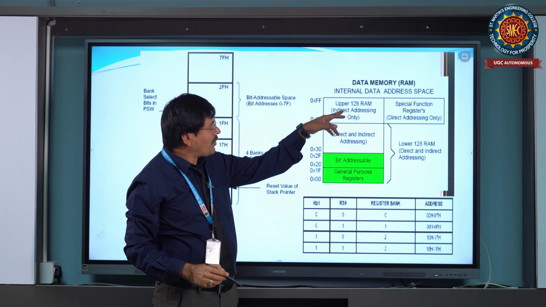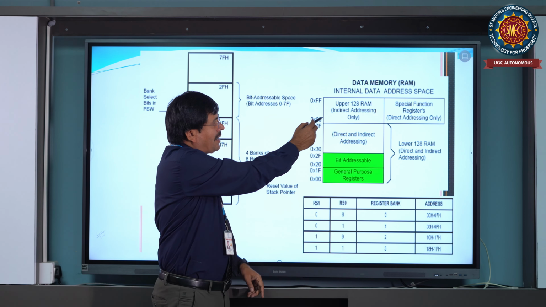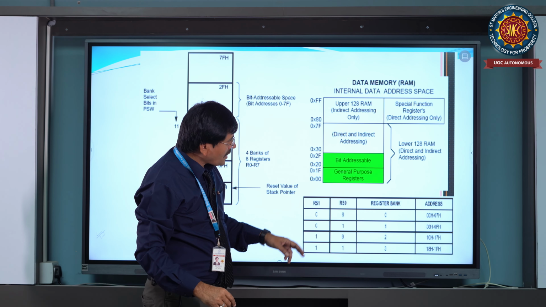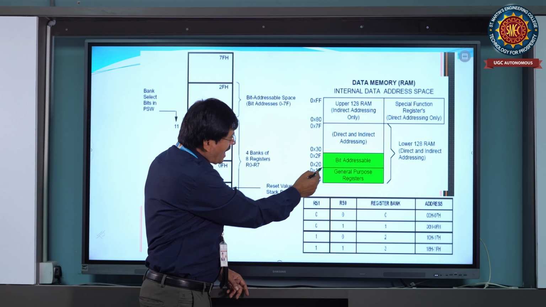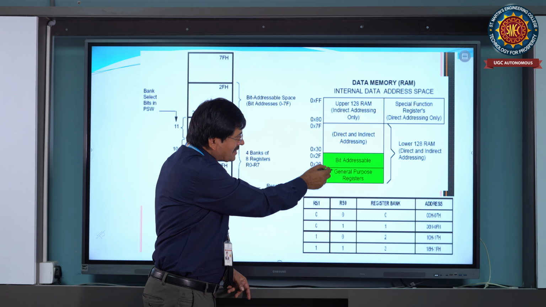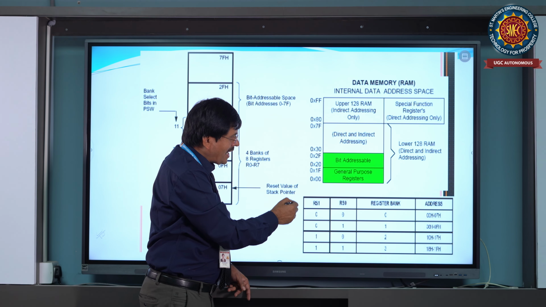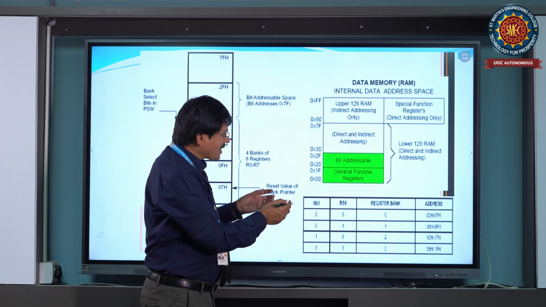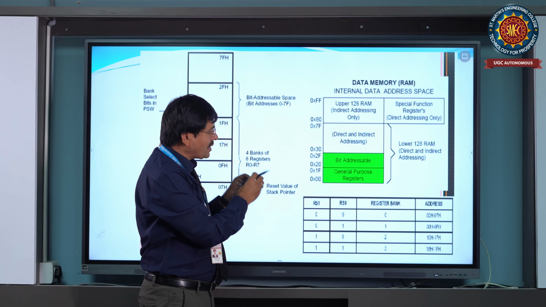This is the upper RAM, 128 bytes. Here it is written that the upper RAM, 128 bytes, is indirect addressing only. Okay, and how to select the bank registers? I told you there are 4 banks here. Their names are bank 0, bank 1, bank 2, bank 3, and for the selection, the bits are available in the PSW